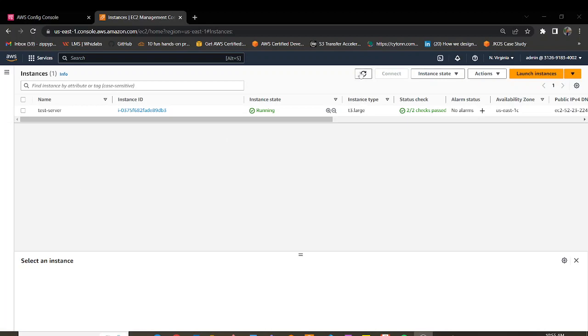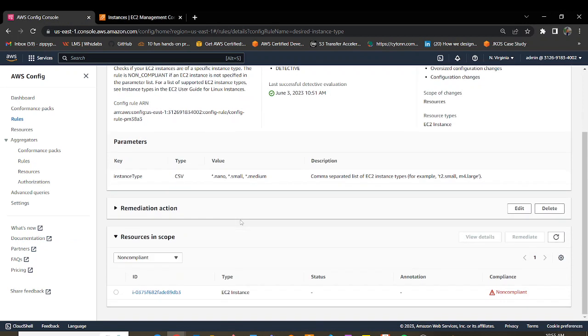Okay, awesome. So it's now done. Let's go back to the config console. Our instance is still non-compliant. Remember, we set this up for manual remediation. So that means I would need to come back to the config console and click on remediate. If I click on remediate here, then the instance will be terminated because our remediate action was to terminate